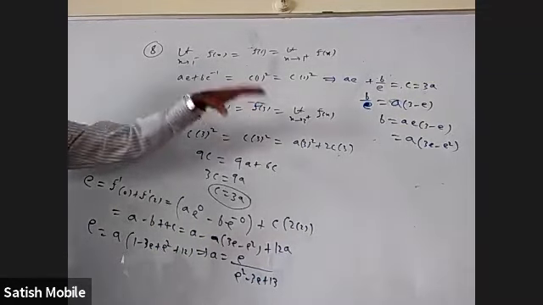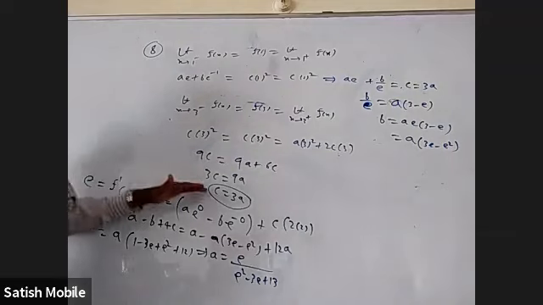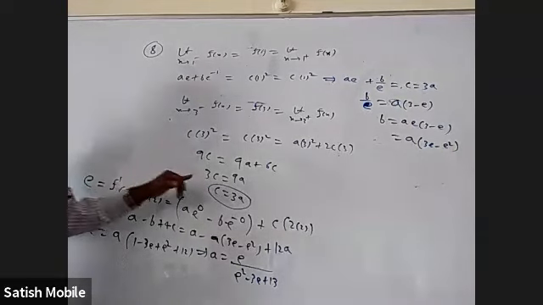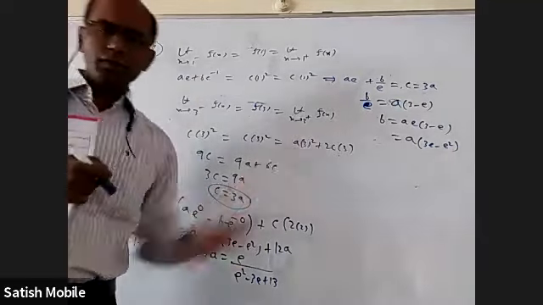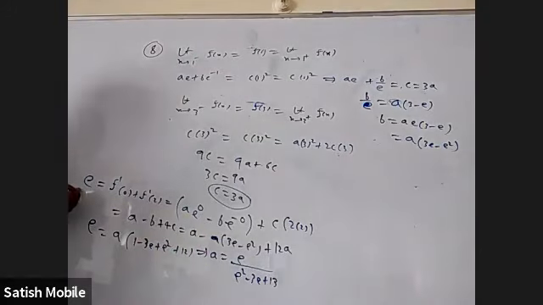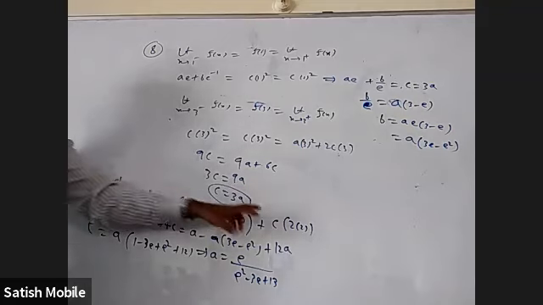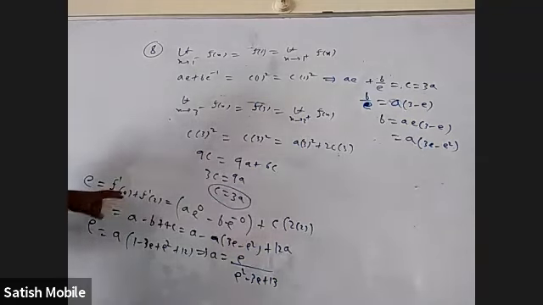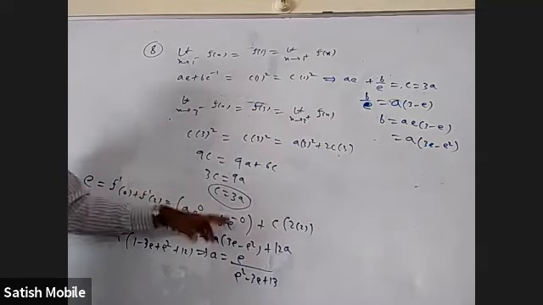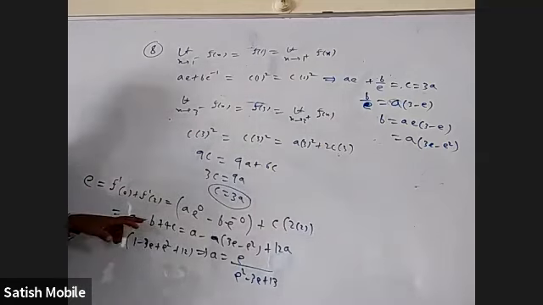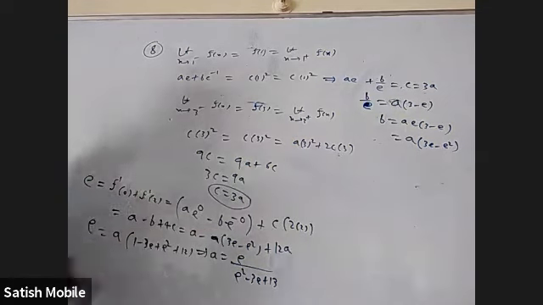Continuity at 1 gave us one result. Continuity at 3 gave us some result. With that, we are able to express c in terms of a and b in terms of a. They also gave e equal to f dash 0 plus f dash 2. f dash 0 came from the first part of the definition. f dash 2 came from the second part of the definition. After differentiating, we substituted 0 and 2 respectively. We got it in terms of a, b, c. Then we substituted b and c in terms of a. We got everything in terms of a. Equated to e, we got a, because ultimately they wanted a in terms of e.